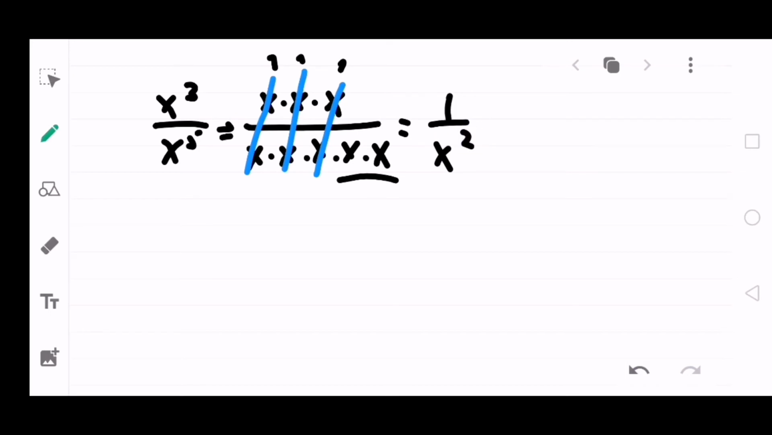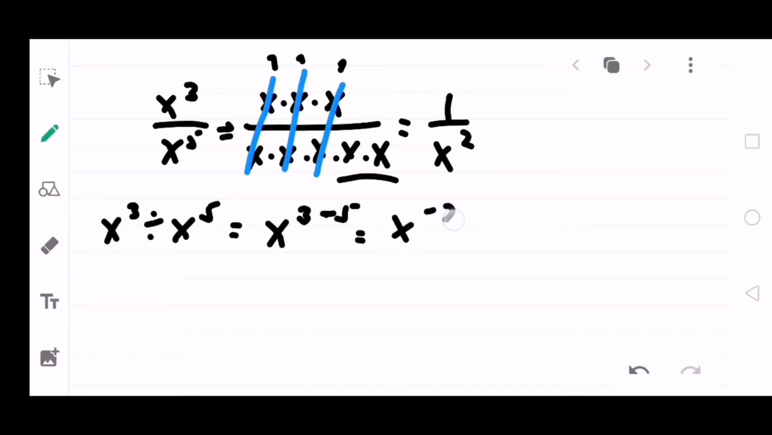Now, let's try to apply the idea that we had a while ago that we are simply subtracting the exponent. So, given x cubed divided by x raised to 5, we said a while ago that we are just simply subtracting the exponent of the numerator from the exponent of the denominator. So, that will give us 3 minus 5, and 3 minus 5 is the same as